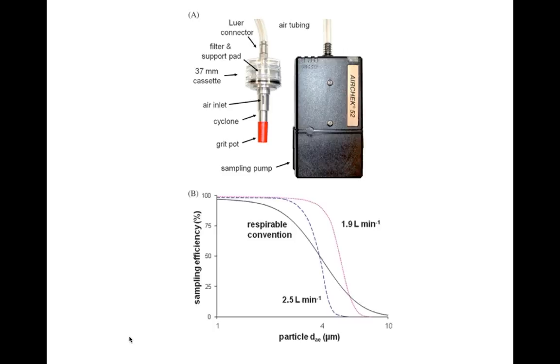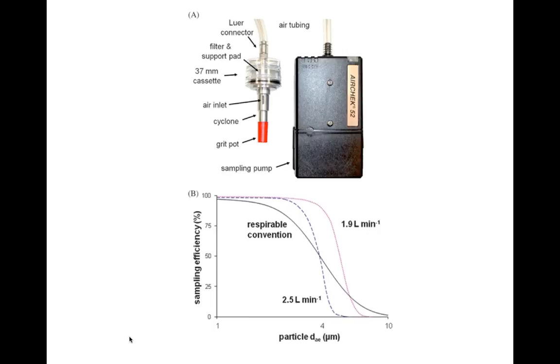That plastic canister has a filter in it, and we can pull air using the black pump, suck air through it, and capture the dust that's in the air using that device. That aluminum thing called a cyclone that's underneath it pulls air in as it's sucking and spins it so that large particles are captured in that device and wind up down in that little grit pot on the bottom. And only smaller particles, smaller than 4 microns, actually get through that and get stuck on the